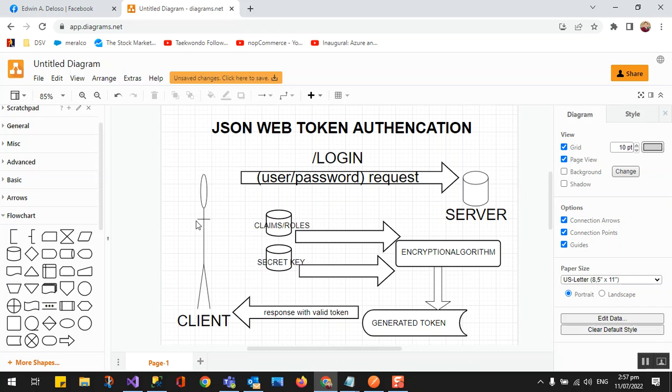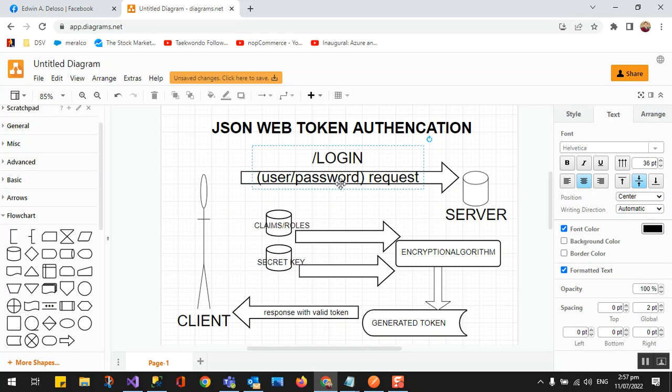So that is why the first thing that we have to do is initiate a request to the server where your web API is, where your ASP.NET Core API is configured, or where you have the endpoint. For example, localhost and so on. So this is the login. You will provide the username and the password as the request, and then of course it will check in the database on the server for the valid username and password.